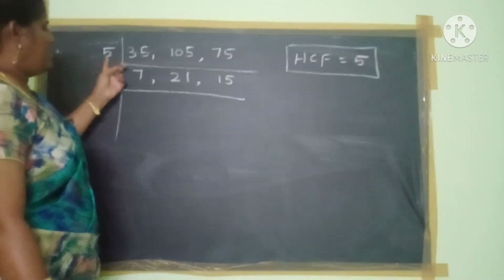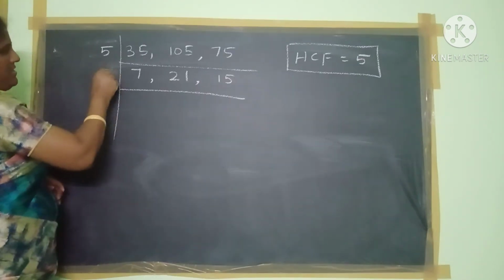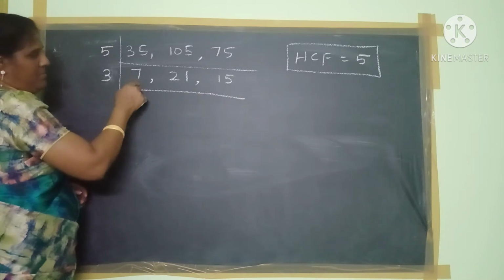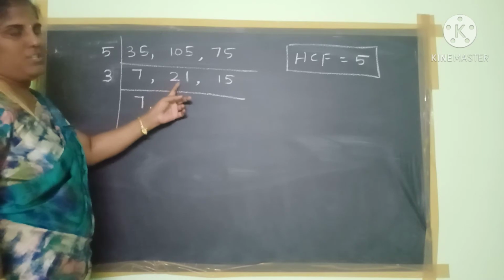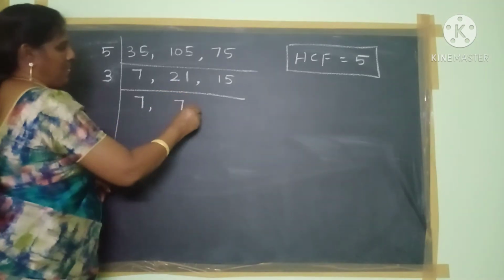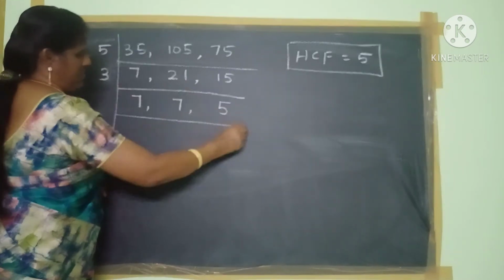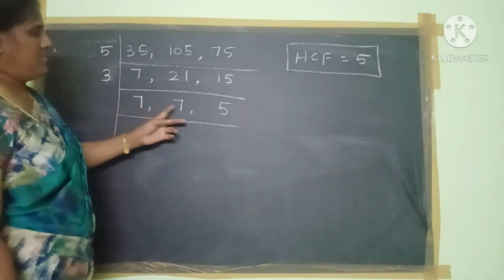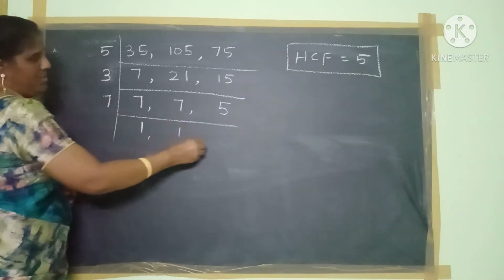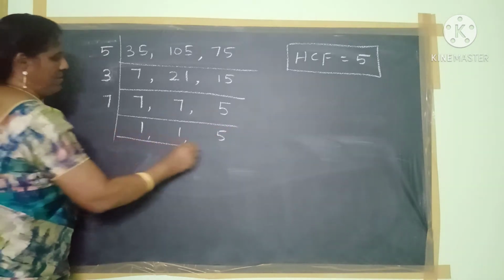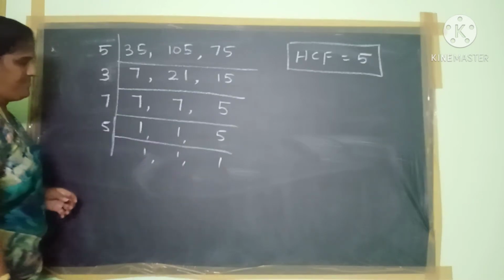In the 3 table, 15 will come. So next choice is 5, and after that, 3. So take 3 in the 3 table. 7 will not come in the 3 table, so just put it like this. Next, in the 3 table, 21 comes 7 times. In the 3 table, 15 comes 5 times. So after all, for all the 3 numbers, 7 is common. So in the 7 table, take 7 one time, then 5 times. Next, at last, take the 5 table: 1 5 is 5.